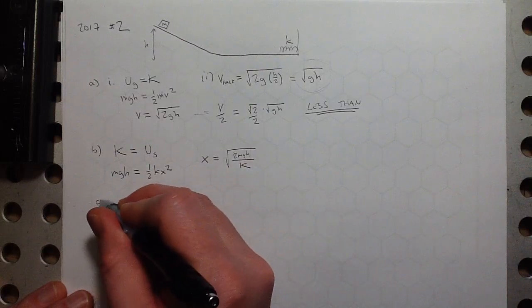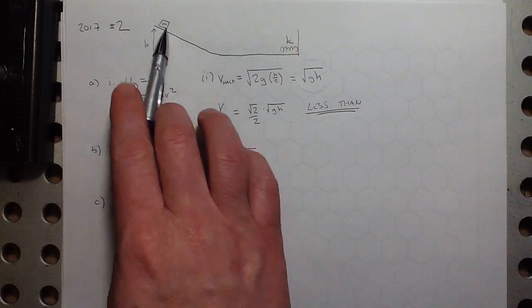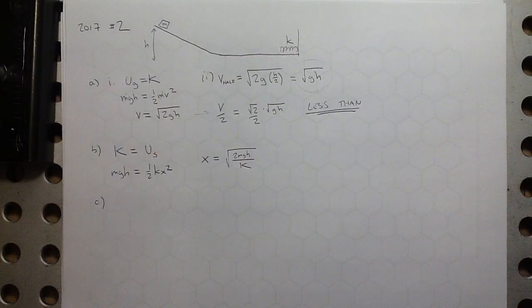And in part C, let's see. To determine an expression of the time from when the block collides with the spring to when the spring reaches its maximum compression. Well, while the block is in contact with the spring, it will be in simple harmonic motion, mass on spring,